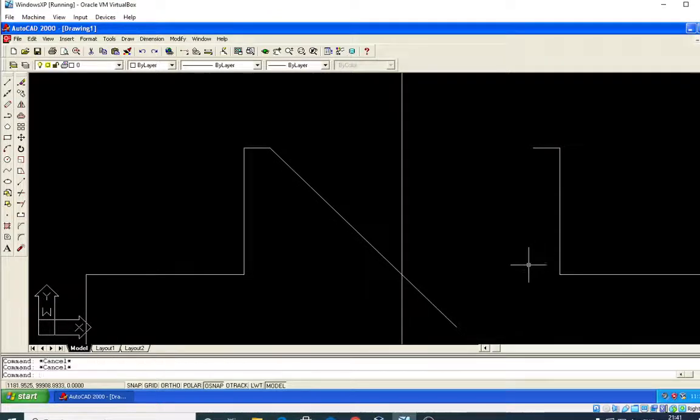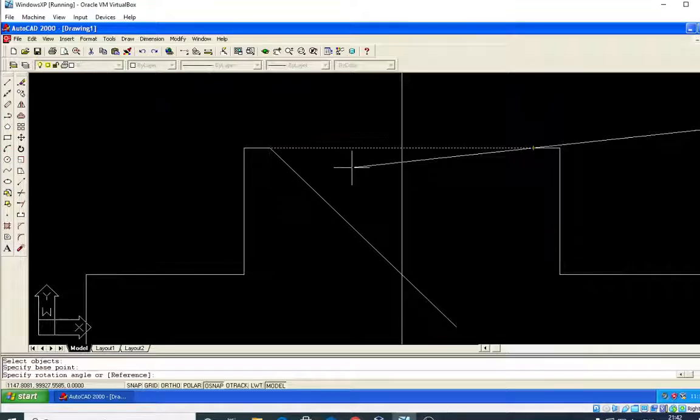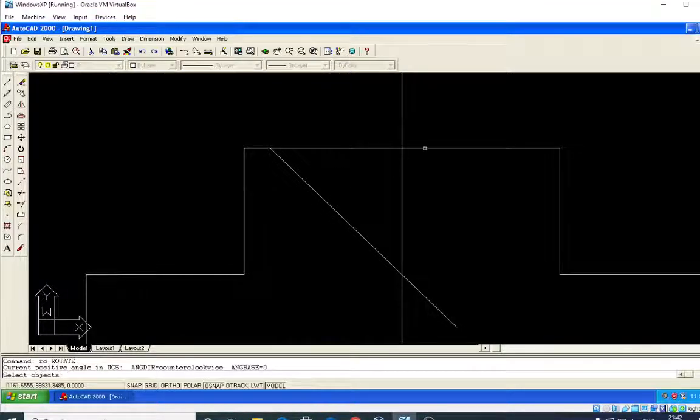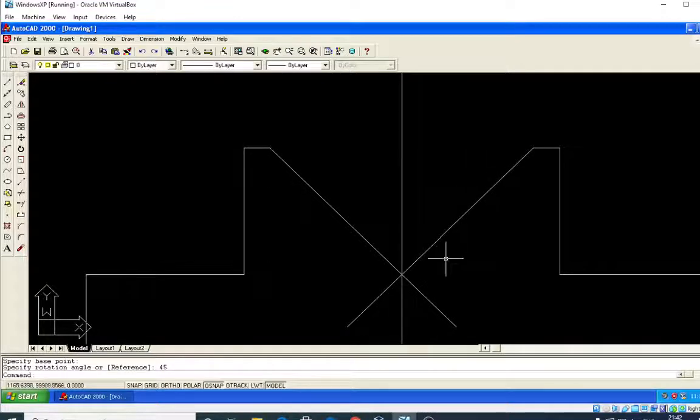And again one more line I would like to draw, line, enter. I would like to draw one more line here. It is ready. Now I would like to rotate it. So this I have rotated, selected object, enter it, and up to this point I would like to rotate. So here it will be again minus 45. Why? Because, sorry, control Z, I can take the ro command, select it, 45 degree rotation angle. Okay, so selected 45 degree. Look at this. So afterwards you can make a trimming of this.